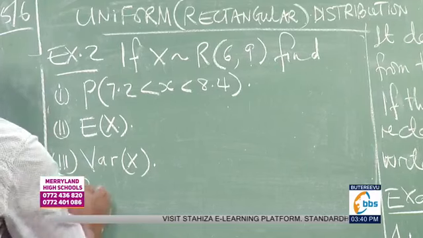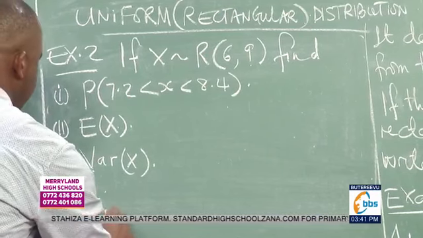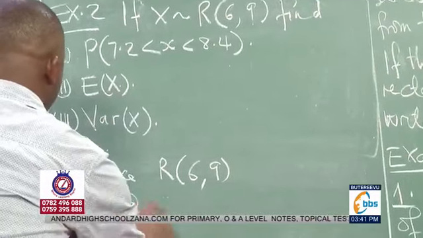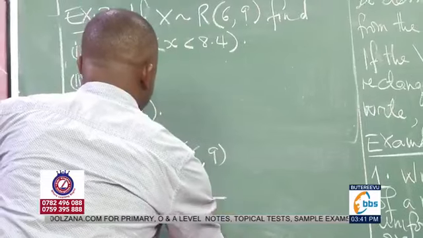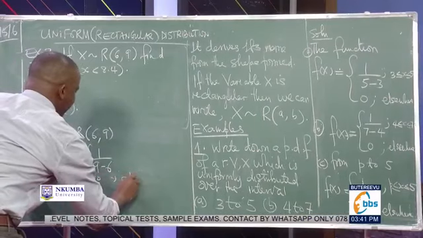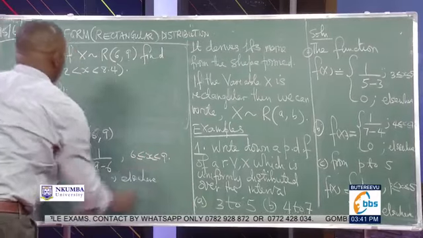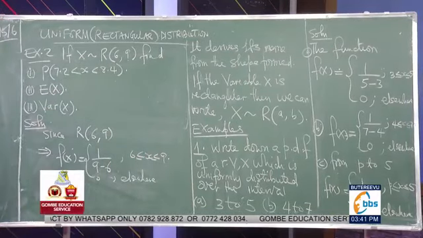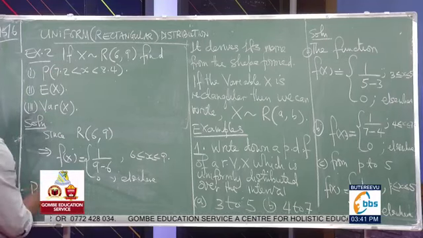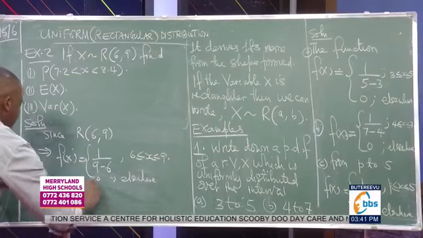So in our solution, we must first generate the function. Since our range is 6, 9, it implies that our f of x is going to be 1 out of 9 minus 6, 0 elsewhere, and 6 less than x less than 9. So if they want us to find this probability, it means that they are telling us to find P of 7.2 less than x less than 8.4, given that